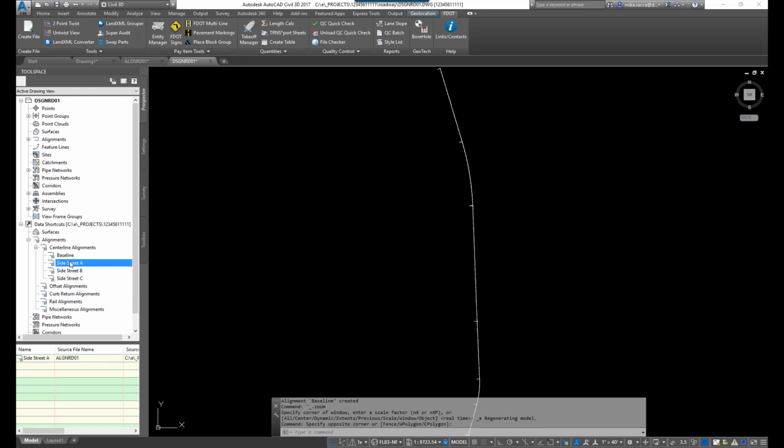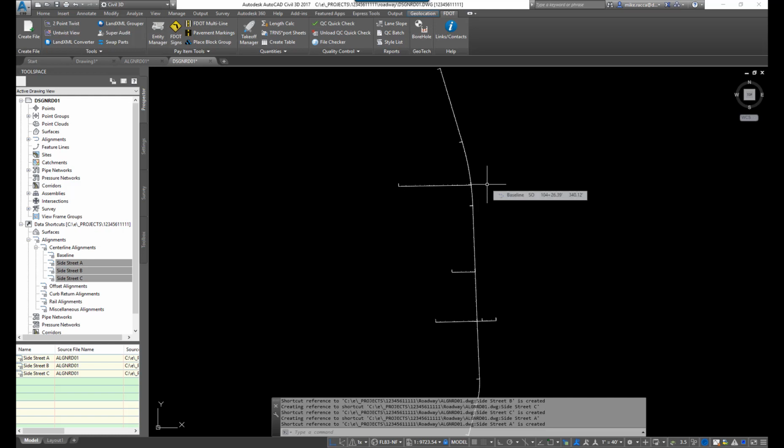You can also create references to many objects at one time by selecting a reference, hold down the shift key, highlighting them, right click and choose create reference. But when you do it that method, you don't get the option to set a style to it. What it does is it uses the same style that is being applied to it in the source drawing. If you need to know what your source drawing is, you can always come back, select one of these references, and down on the bottom it'll show you the source file that is being used for these alignments. It also shows you the location